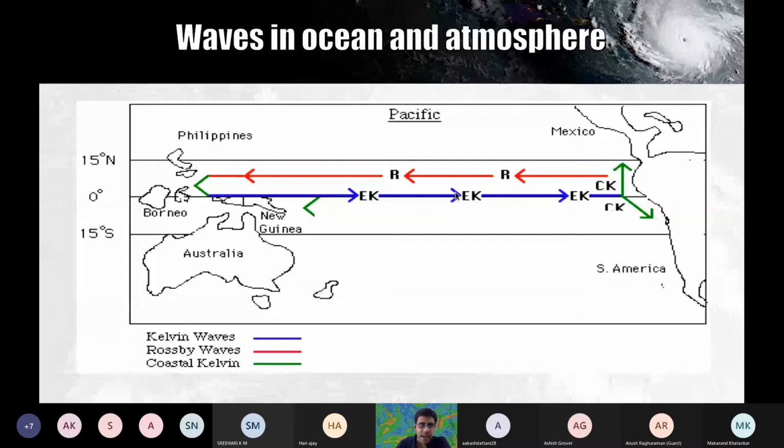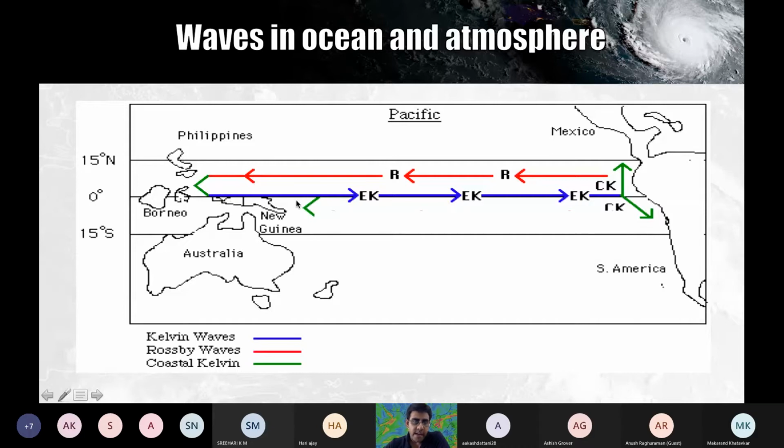Okay, so the waves keep traveling, and this is again what I have shown. Same thing I'm reiterating. Equatorial Kelvin wave is moving from west to east. Rossby wave is moving from east to west. So as the Kelvin wave moves, the energy will also move in the same direction. However, when a Rossby wave is moving, there is a high probability that although the movement is like this, the energy is moving in the other direction. Okay, so that clearly means that there is a highly nonlinear signal when it comes to El Nino, because of the equatorial